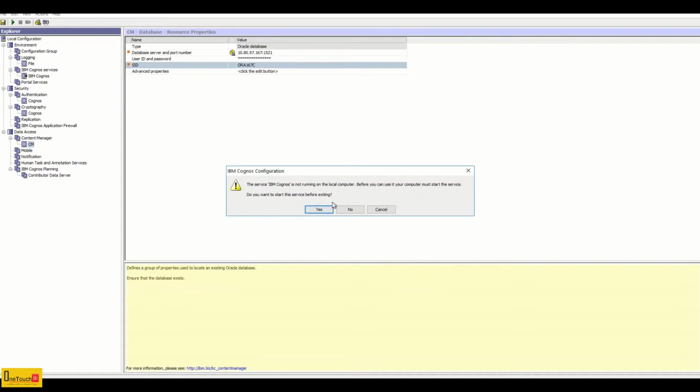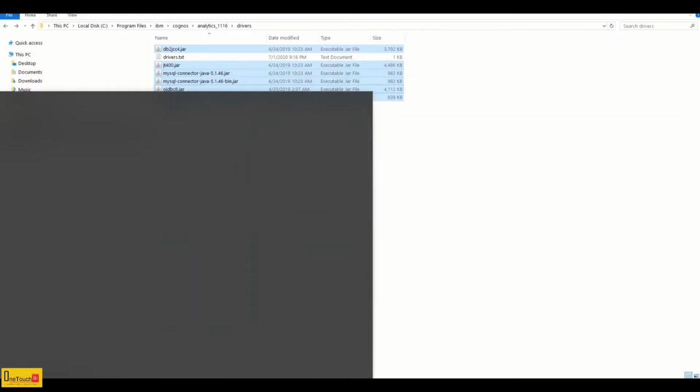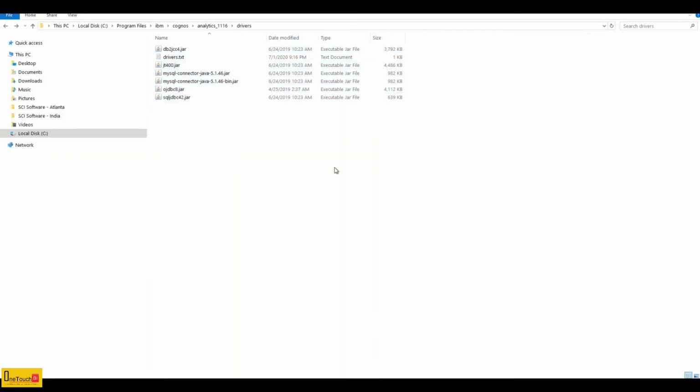Now you can exit from this window. It thinks that all configuration is done and asks if you want to start the service. No, we are not done. We have to reload the configuration and then restart. So now let's open Cognos configuration again. Since all the jar files are already there in the base location, in the cogroot, we are good.